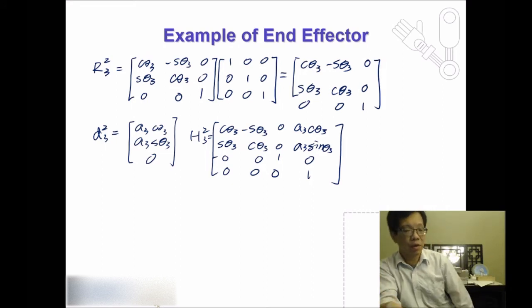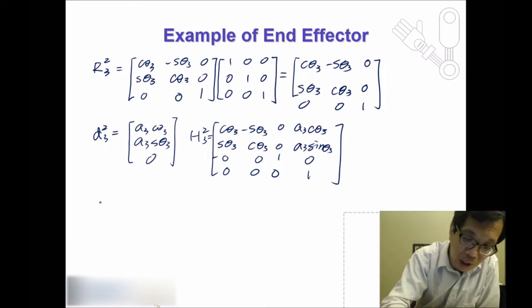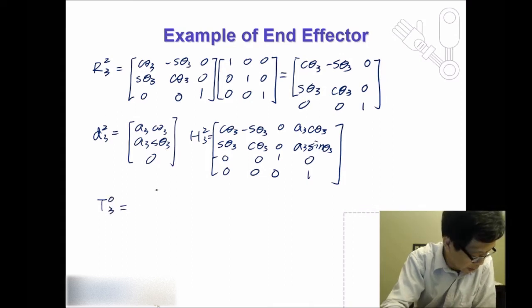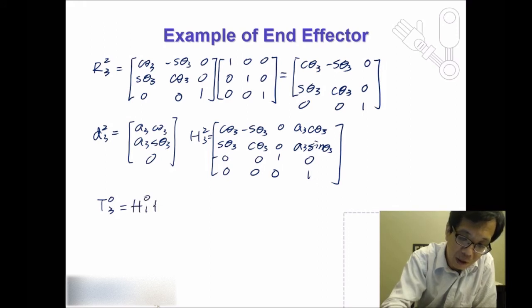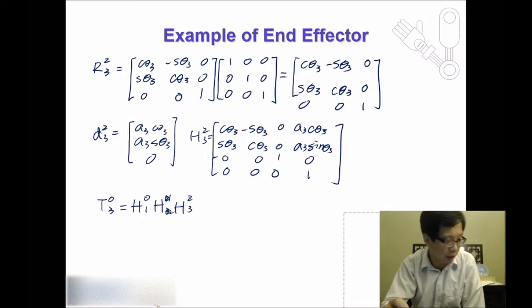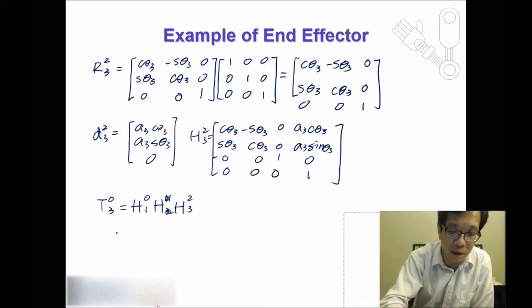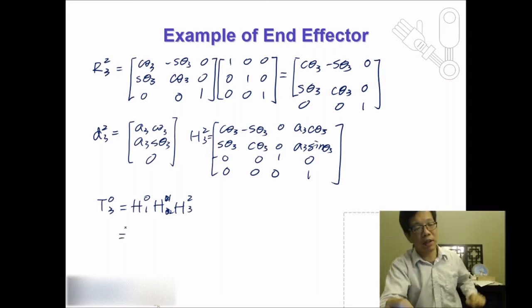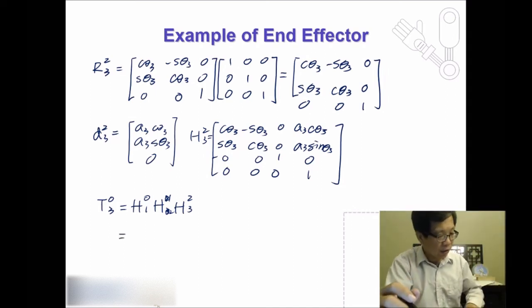This is going to be the transformation matrix. So the T is going to be like this. If we can multiply all the H we just calculated, we're going to find out the answer